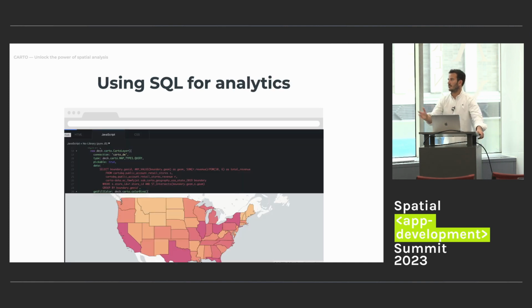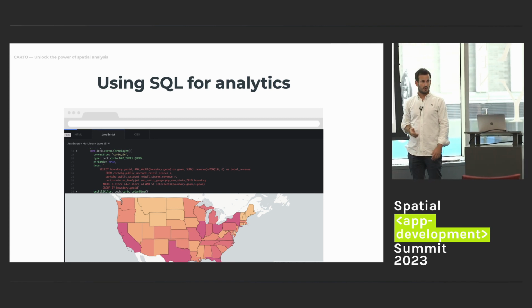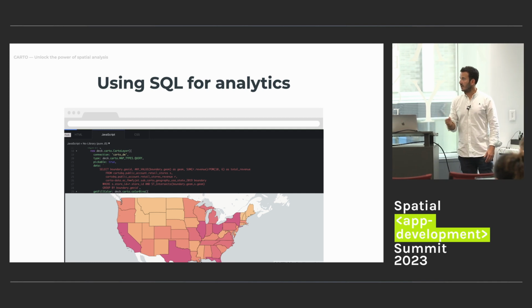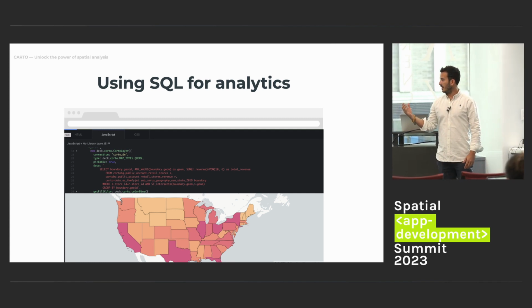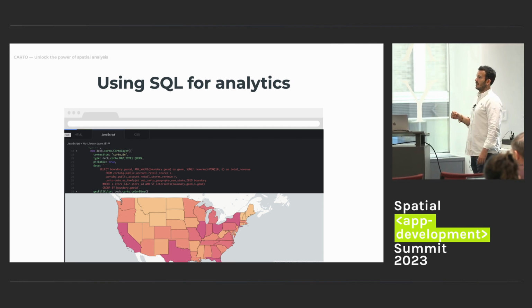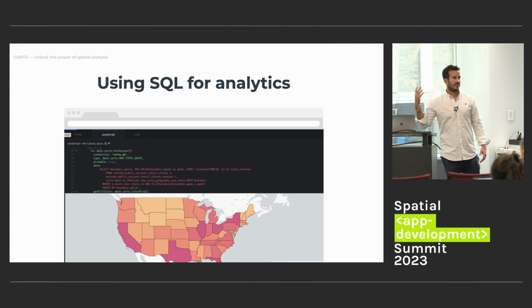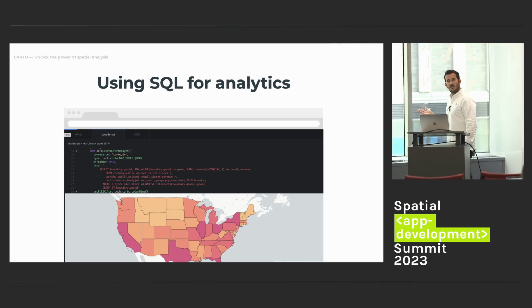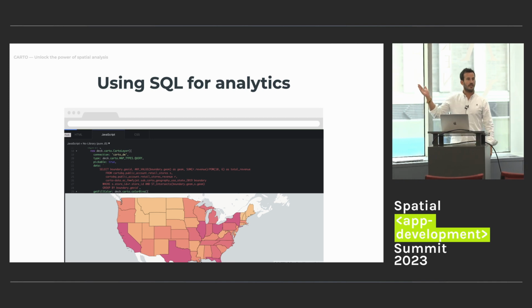The next thing is that probably you have a layer of the boundaries of the states, and you can do the join. The join is not complicated. It's just an intersect, calculating a point in polygon between the state and the stores that are inside, and then group by the state and calculate the sum. It's quite direct using SQL. That is the power of using SQL at CARTO, and you can use that securely even in a public application, because our APIs take care of protecting you from SQL injection and all of those kinds of